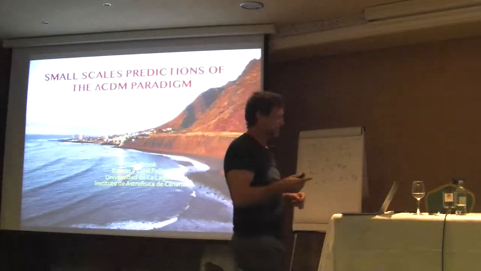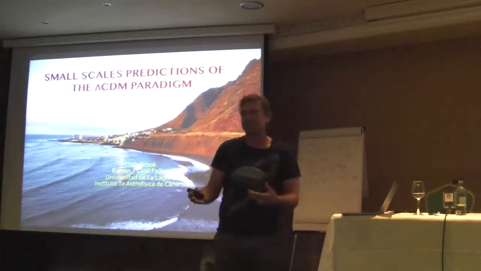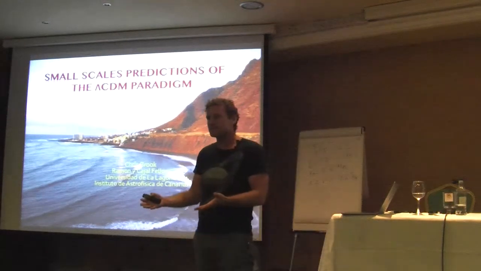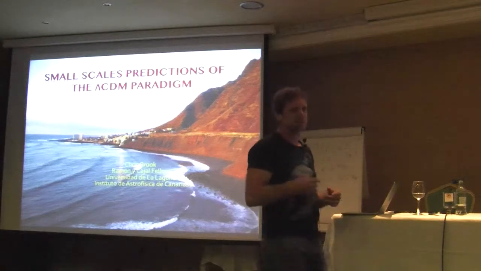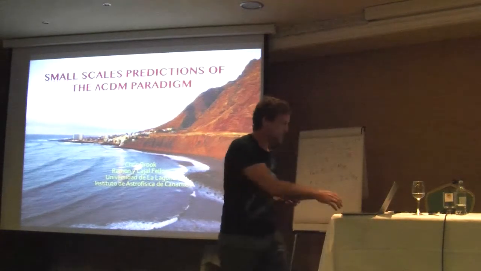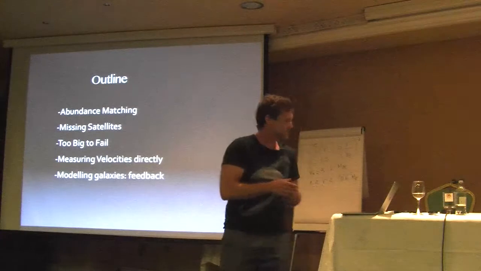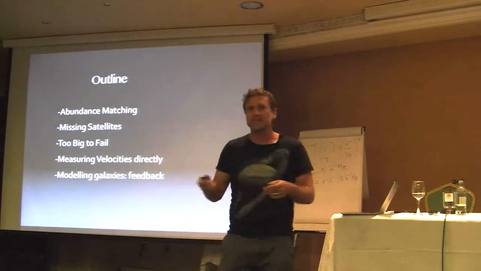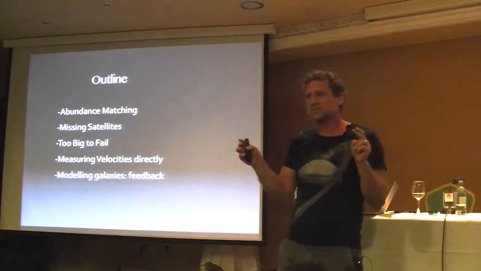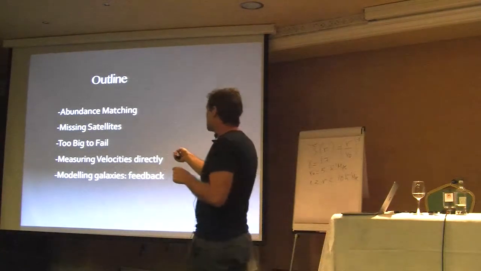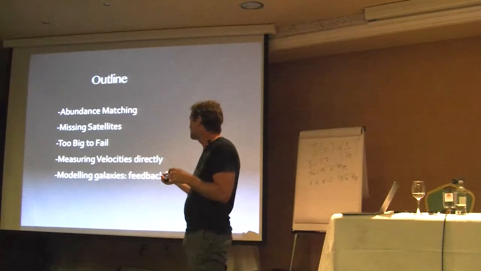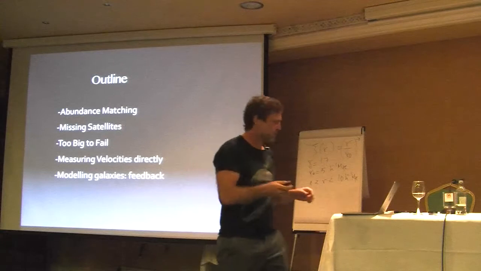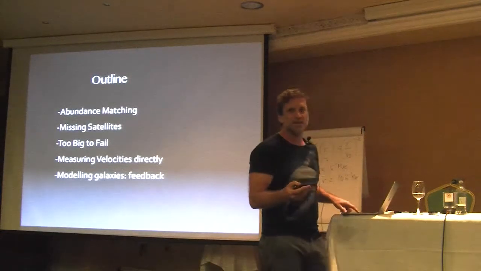I'll talk about smaller scale issues in lambda CDM, basically galaxy formation, what we can learn about galaxy formation and what lambda CDM predicts about galaxy formation on small scales. So we'll talk firstly about abundance matching, some of the so-called small-scale problems of lambda CDM, so abundance, missing satellites, too big to fail. I'll talk about measuring velocities directly, and again, I'll emphasise the role of feedback in galaxy